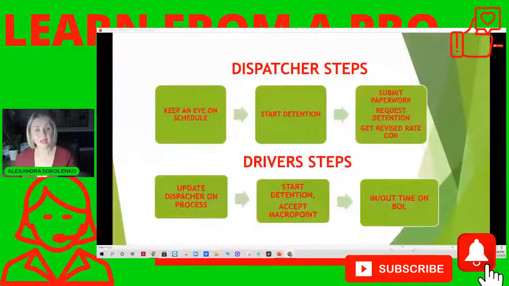Okay? Well, let's continue. What does the driver have to do and what does the dispatcher have to do when detention occurs? Let's see. As a dispatcher, first, you have to make sure, guys, you are keeping your eye on the schedule, on transit. You need to make sure: is your driver on time? Did he check in on time? Was he late or not? Let's pretend this is a perfect scenario. Your driver was not late, so that means he checked in for his appointment time. And we're not talking about first come, first served. We're going to catch up on this in a few seconds. So let's say it's by appointment.